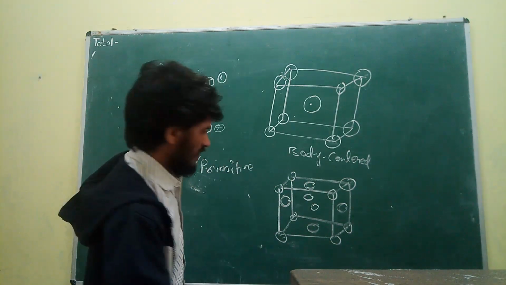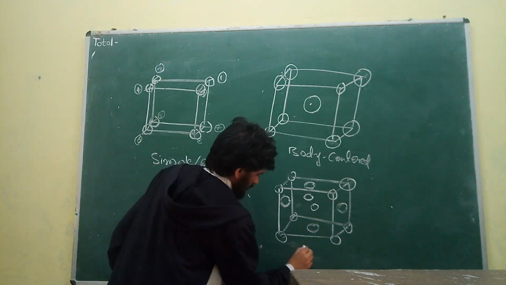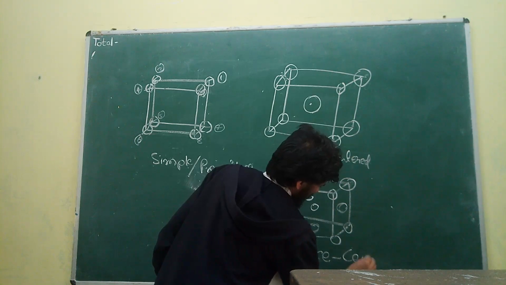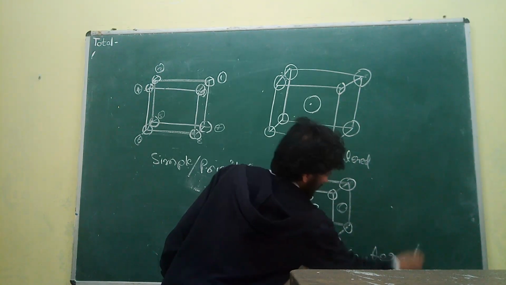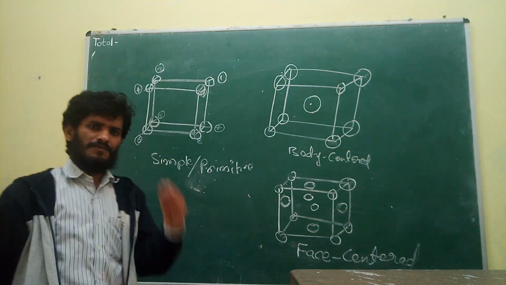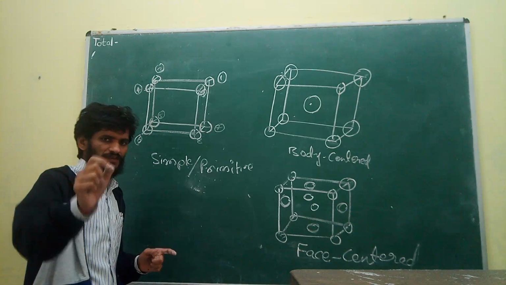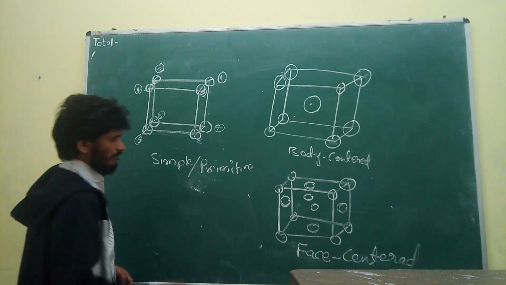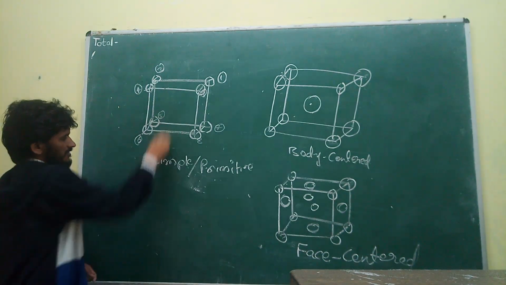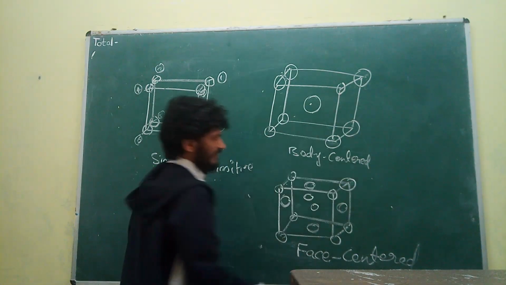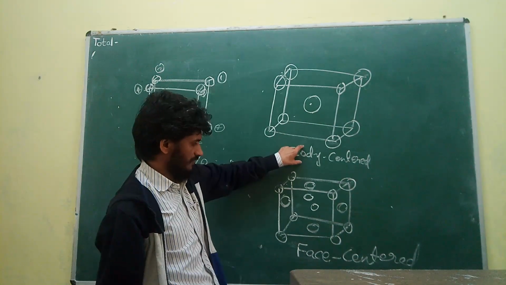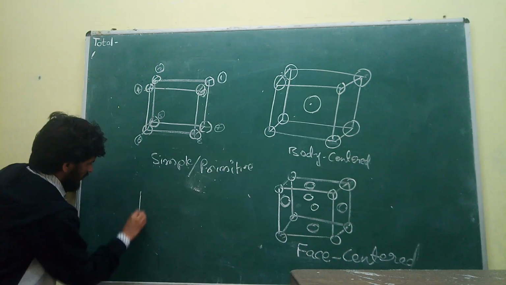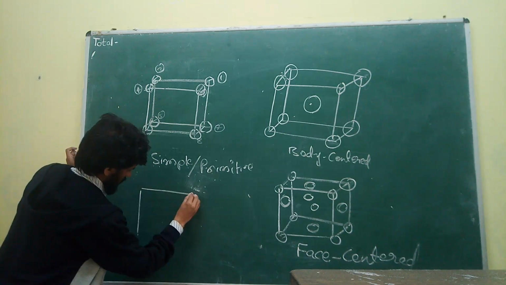Such a unit cell is called face centered. Why do we call them face centered? Because the atoms are located on the 6 faces, in the middle of the 6 faces, not on the faces, but in the middle of the faces. And among the unit cells, these are simple unit cells, these 2 are centered. In centered unit cells, this is the body centered unit cell, this is the face centered unit cell. Now another one is in the centered unit cell.